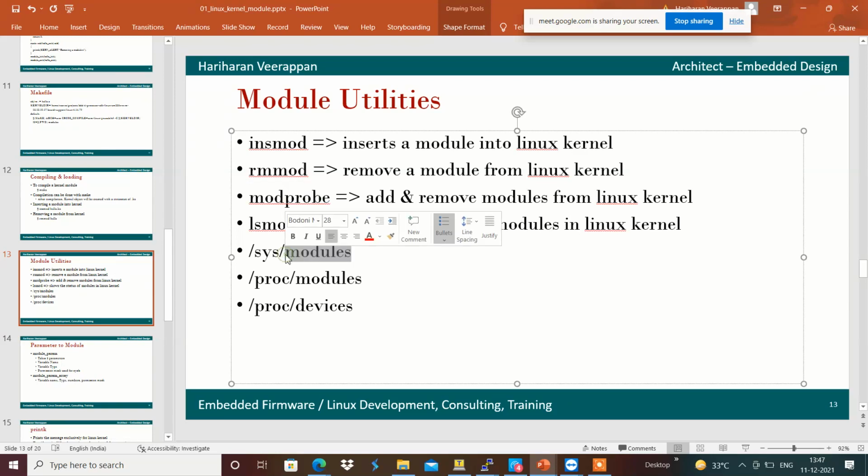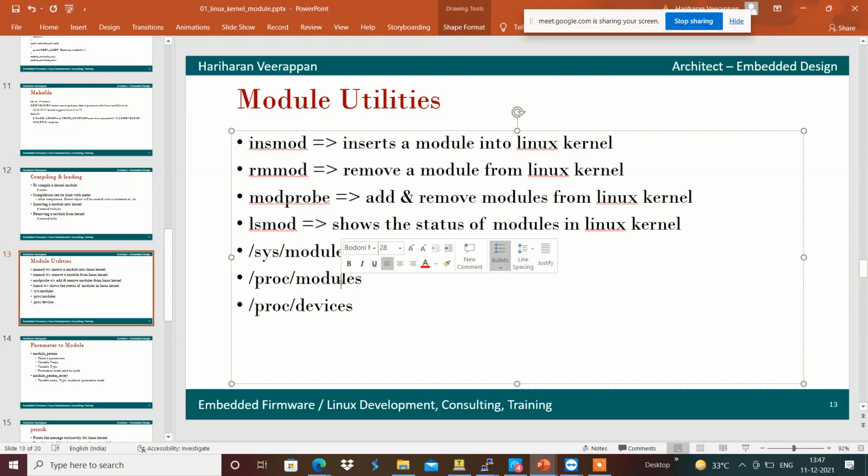And we have sys modules, where we can get the respective information, and we have proc modules, and the file proc devices, which we will see with the character driver.